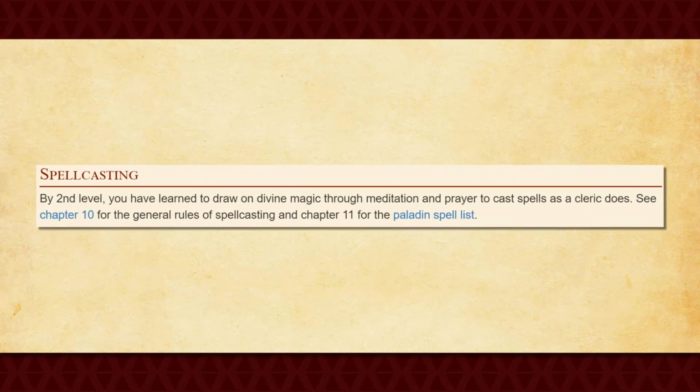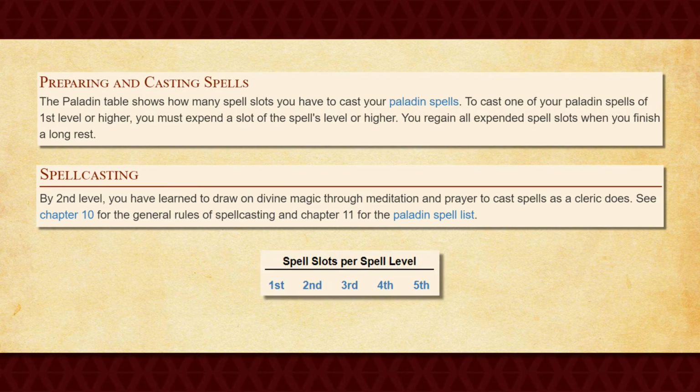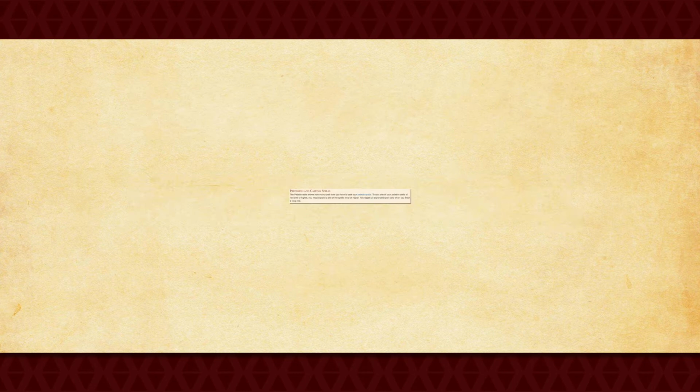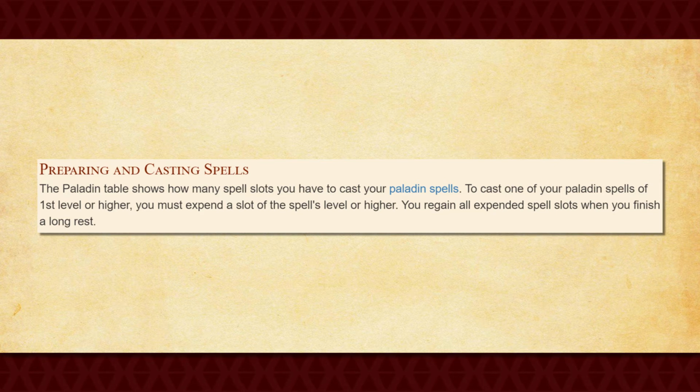At 2nd level, you get Spellcasting, which allows you to cast spells using your charisma. As an added note, you're a prepared spellcaster with half-caster capabilities. What does that mean? Well, as a prepared spellcaster, you get to pick and swap out which spells you can cast at the start of each day, granting you a lot of versatility in terms of the spells that